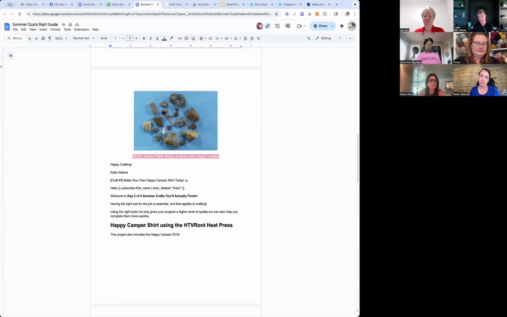And then I still think roundups are probably the way to go. Like for example, the shirts that you've got here. You've got a Happy Camper shirt. I'm sure you have other designs. Oh, yes. So just shirts in general is the answer. This is the craft I'm teaching you to do. And by the way, here are my top 5 shirts to make. And in fact, I've got 20 others if you click here.